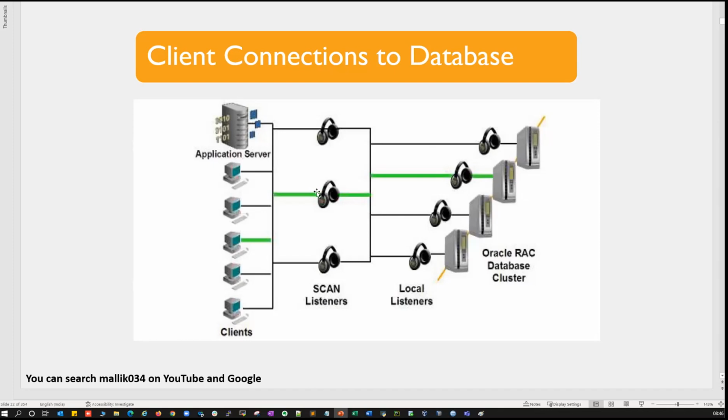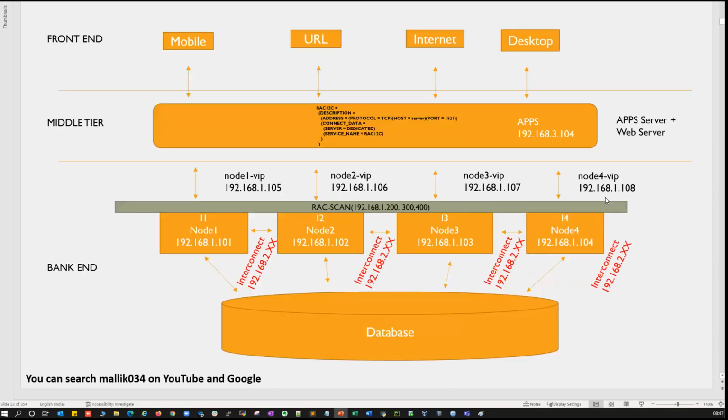That's how the flow is. The listener means it will be by default your VIPs, not the physical IPs. Okay, I understood. Thank you, sir. Right. So does it mean that when the failover happens, the node goes down, along with the VIP the listener also